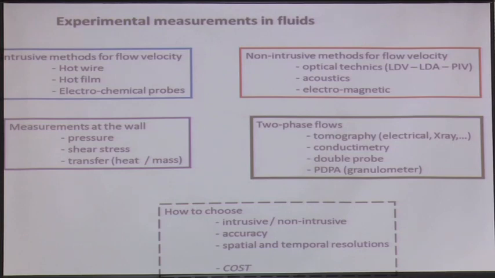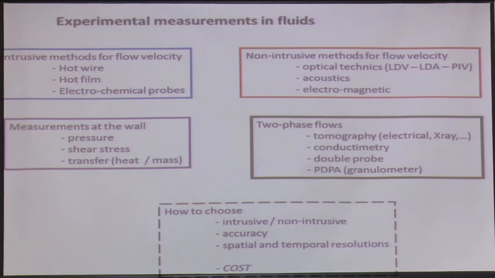So the different measurements that you can make are associated to the physical quantities you want to evaluate. So you may want to evaluate the velocity of the fluid at some point, maybe over a plane, in one direction, maybe in two directions, three directions. You may want to evaluate this velocity over time, the way it is evolving. For example, if the flow is turbulent, you want to see what the fluctuations are, maybe what is the frequency of oscillation.